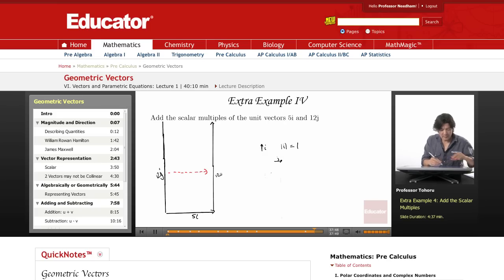Here's 12j. And we see that our resultant vector is this. Oops. Becomes this. So this is not going so well. All right, I will prevail in the end. Okay, there you go. So this becomes